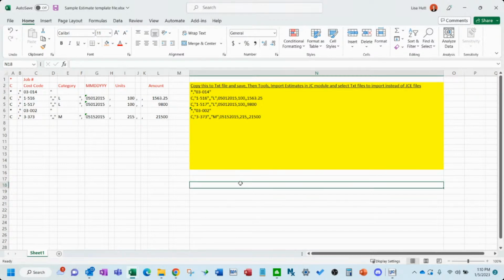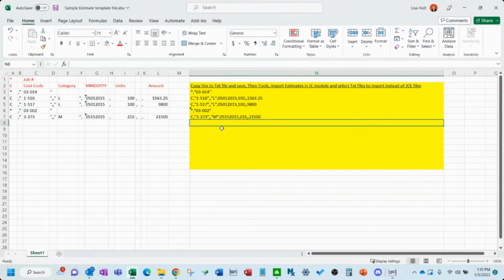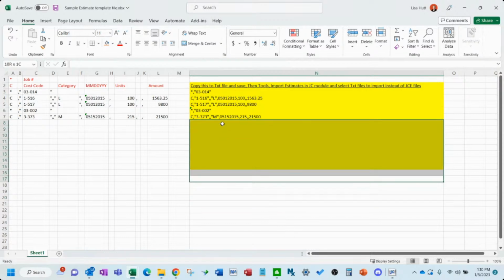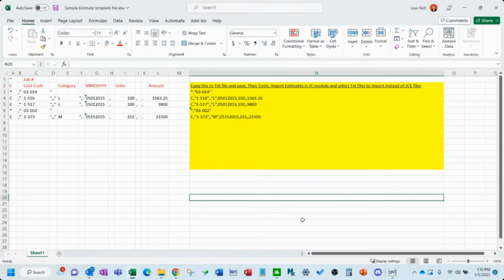Now, if you've got third-party software, a lot of them integrate in, obviously, like Sage Estimating and stuff, or they'll create this file for you. But if you're using Excel, or if you have a different type of software that doesn't integrate as much, this would be more the way to get it in using the Excel or text file imports. Okay, so let's move over to General Ledger.